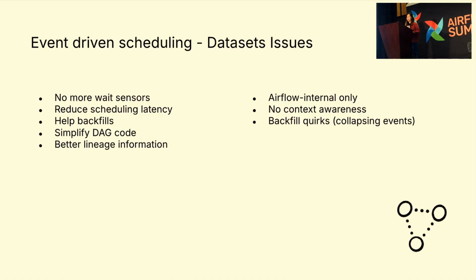And in the end, you need to be very careful when it comes to backfill again, because the dataset mechanism works such that when the downstream DAG is already running, if there's a new update to the dataset, it would not be picked up by the downstream DAG. So that means that when we are backfilling and there are a bunch of dataset updates from the upstream, the downstream might not be able to capture all the updates from the upstream perfectly.